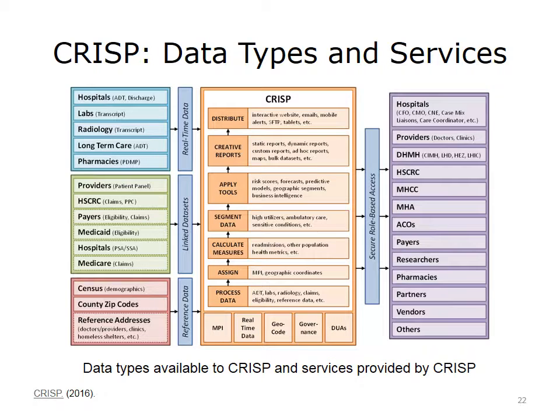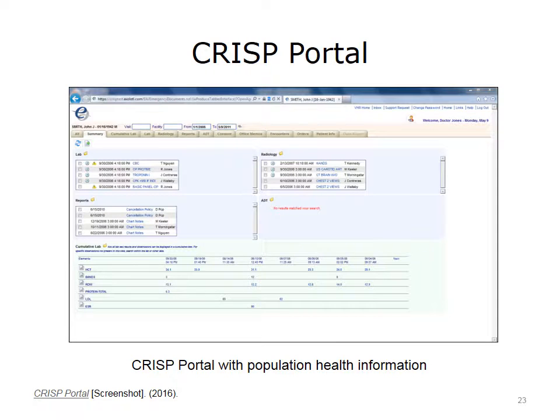This slide shows various services that CRISP provides to its stakeholders. On the left side, the data sources are listed. The middle part shows how data is being processed by CRISP. And the right side of the diagram shows the receivers of various CRISP services. This image shows a screenshot of CRISP's portal to retrieve patient information collected throughout its network. A series of population health risk scores are already incorporated in this portal, and even more risk scores are planned